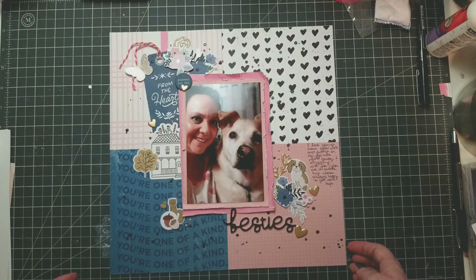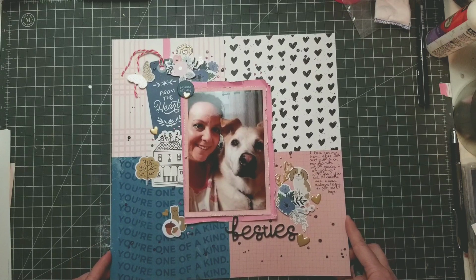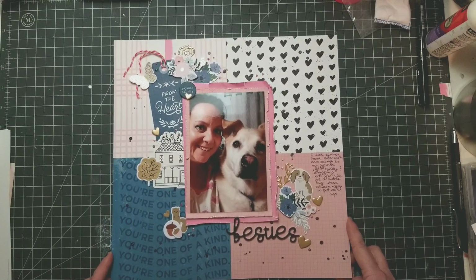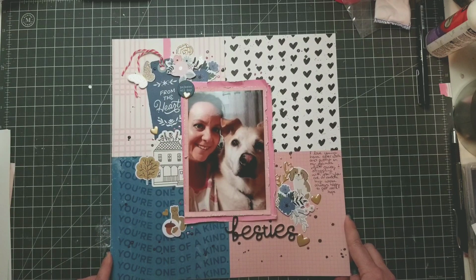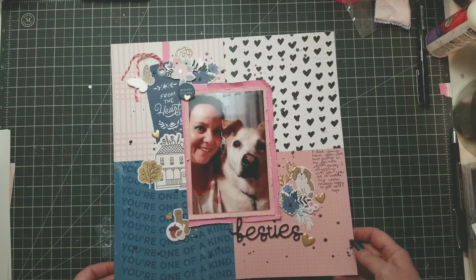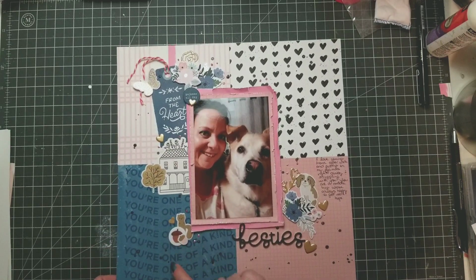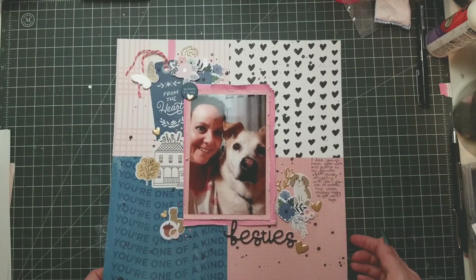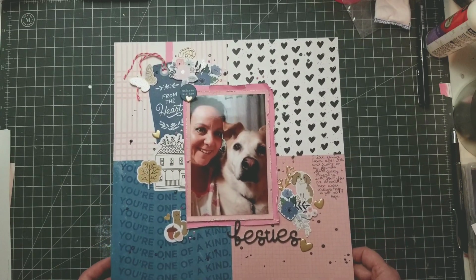And then last but not least, I did a sampler page. This was another sampler that came from the SCT sampler, excuse me. And so I decided to do just a quadrant layout like this. I used some of the embellishments that they provided. I also had some other embellishments left over from different things. I decided to also